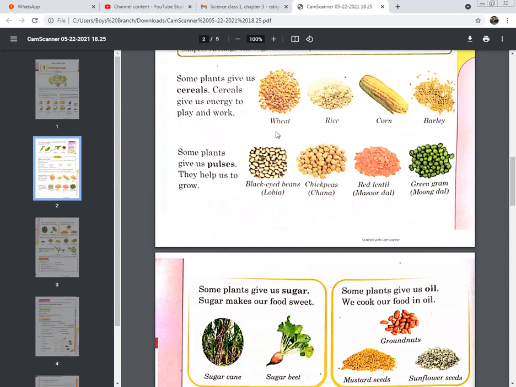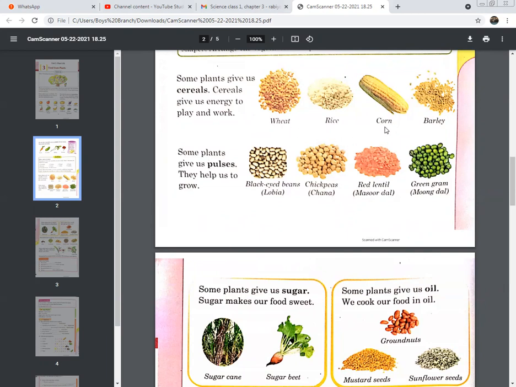And when we consume the cereals in different forms, like we use rice, we can boil it. We can eat it with different lentils or pulses. We eat the rice in a different form as well, in pulao and biryani. Similarly with wheat, we also cook wheat porridge. We crush the wheat, and we use the crushed form of wheat. We knead it, and then we cook bread or chapati, roti, and we consume that.